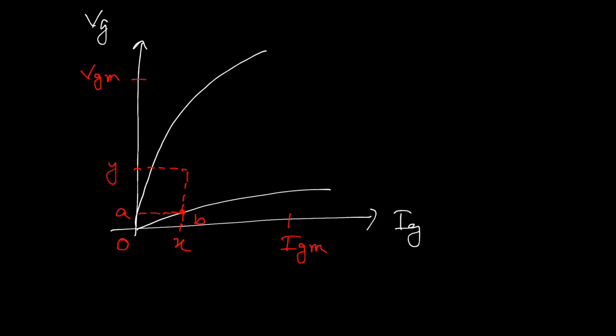Okay, that means we can say in this particular region, I am talking about O, A, B and X. If we consider any one point that will define the amount of current and voltage that is not capable to turn on the thyristor. But in this particular case, I am talking about A, Y, B and A. If we consider any point which precisely gives the value of Vg and Ig through which the thyristor can be turned on, somehow the thyristor cannot be turned on.